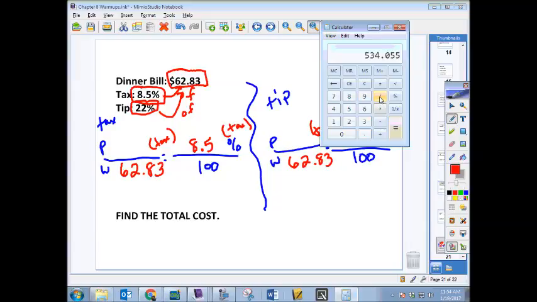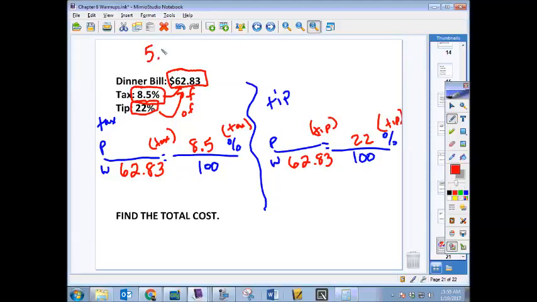Okay, cross multiply, now divide it by 100. Okay, so I'm going to write that 5340. 5.340. Now, how many places does money go to? 2. So, let me ask you, what is this going to be? This is either going to be $5 and 34 cents